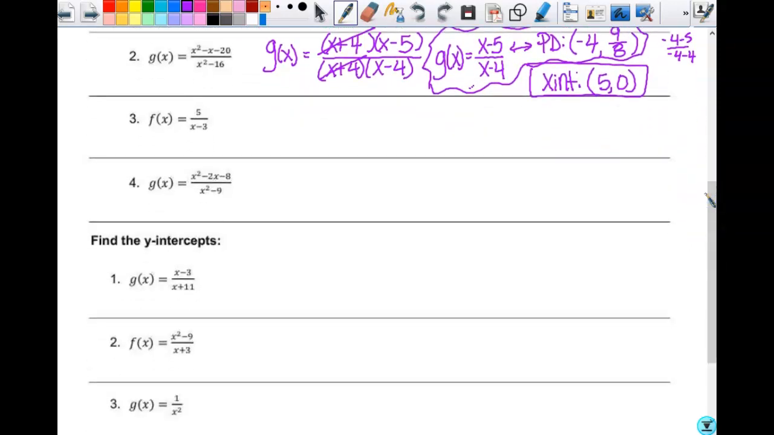All right, let's look at number 3. There's nothing to factor. There's nothing to cancel out. I just have f of x equals 5 over x minus 3. So since my x-intercepts are the zeros of my numerator, I don't have any. If I set 5 equal to 0, that doesn't even make any sense, right? There are no variables up here, which means I don't have an x-intercept. So I do not put